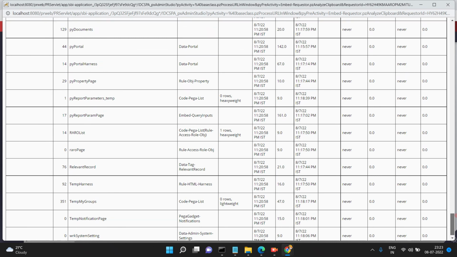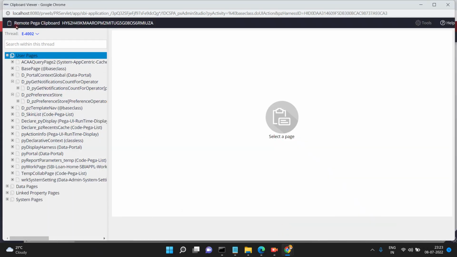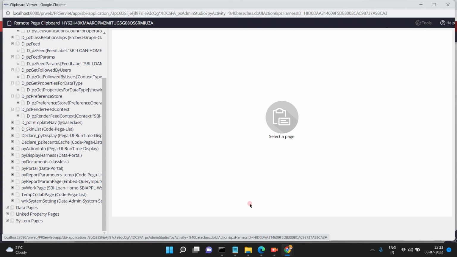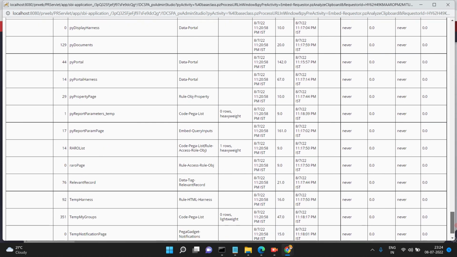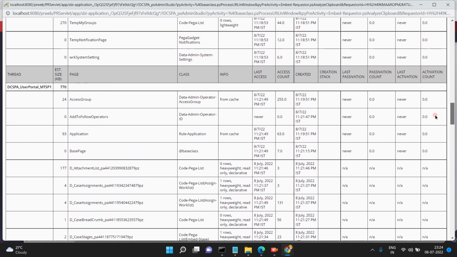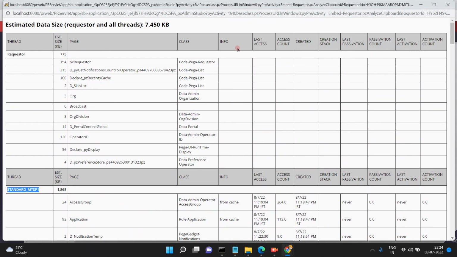So total how many threads? So across these threads, across these many pages, see this one, E4002 standard MTSP1. So I'm taking this as E4002. For example, I'm taking this thread. This thread contains how many pages? These many pages. Now go back here. Where is the E4002 thread? Okay, this is a standard thread. This is MTSP1. Assuming this is the requester thread,